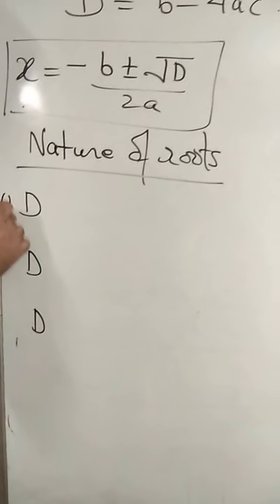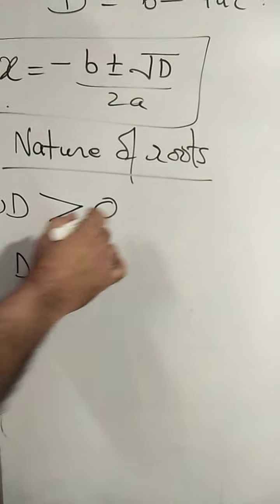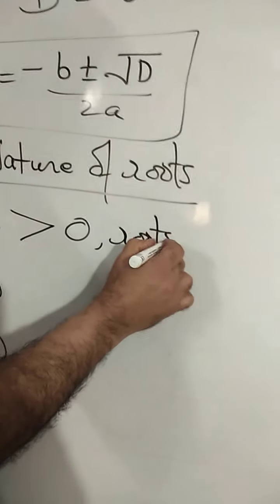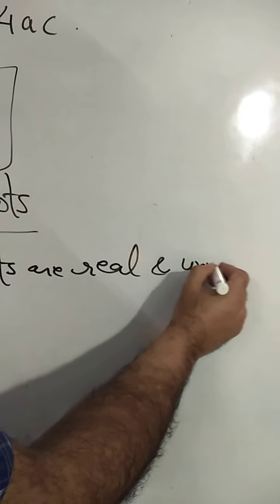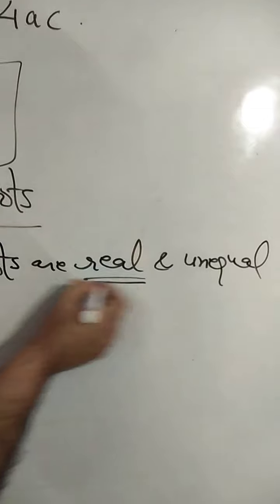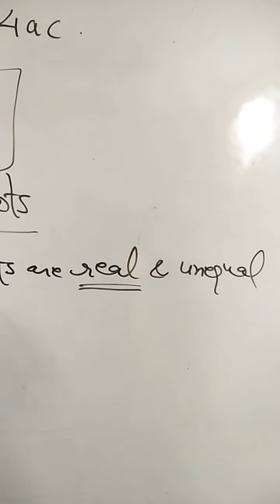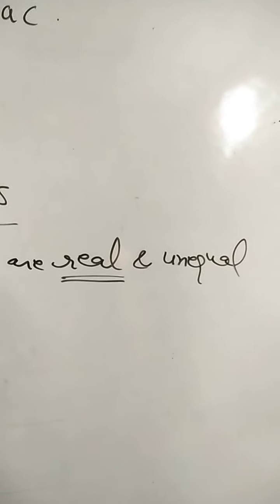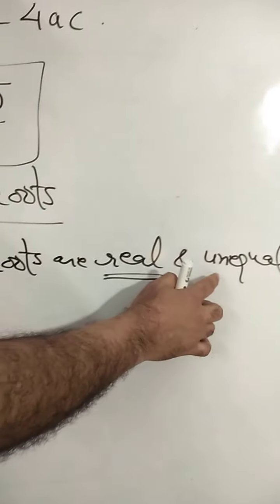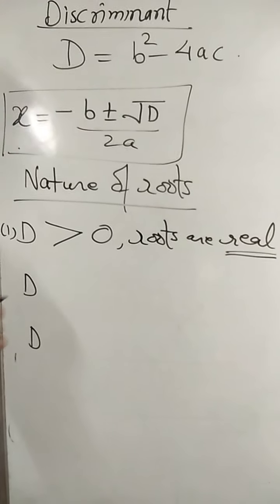So first case, if the discriminant is positive, positive means greater than 0, in that case roots are real and distinct or unequal, we can say. Real roots means they can be rational or they can be irrational. Like under root में भी आ सकते हैं roots, और rational form में simply 2, 3, 1 over 2, 1 over 5, something like that. And unequal means both roots will not be the same. They will be different roots. When discriminant is positive, roots are real and unequal.